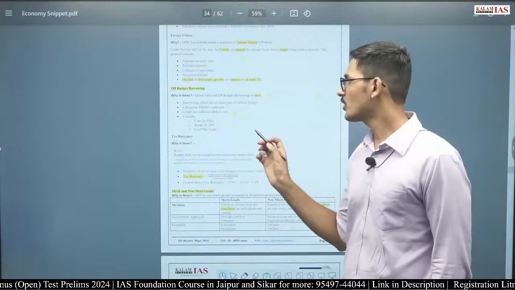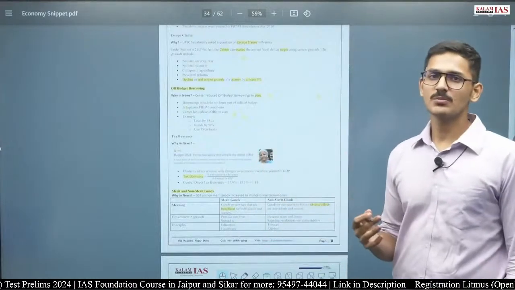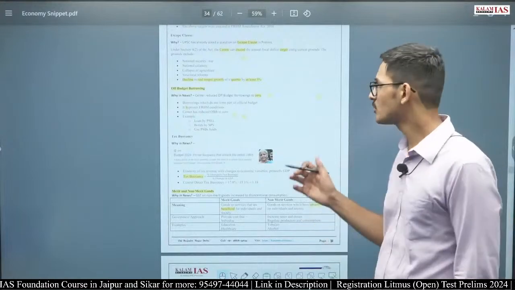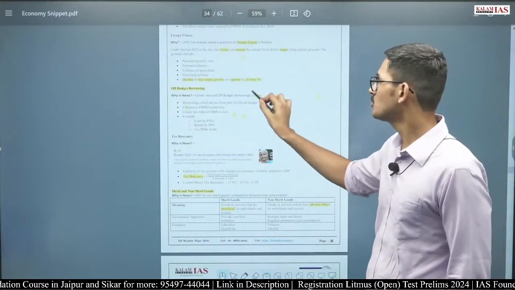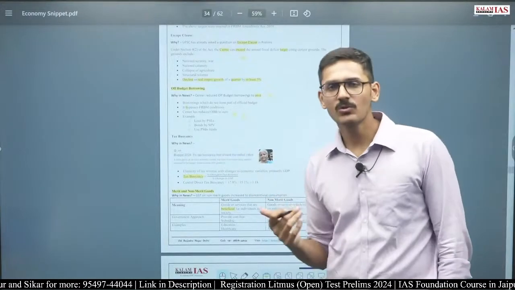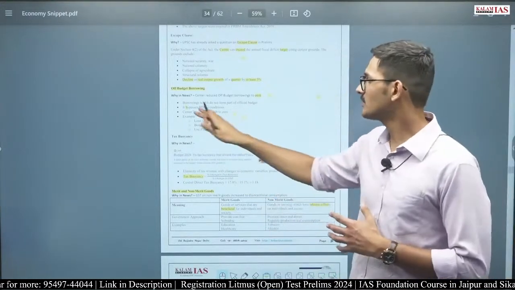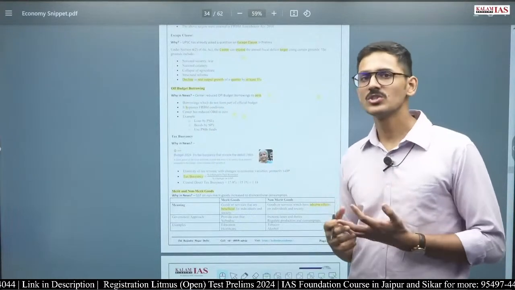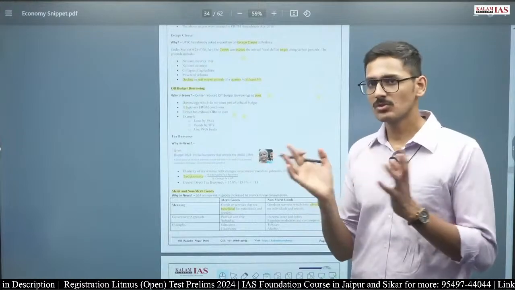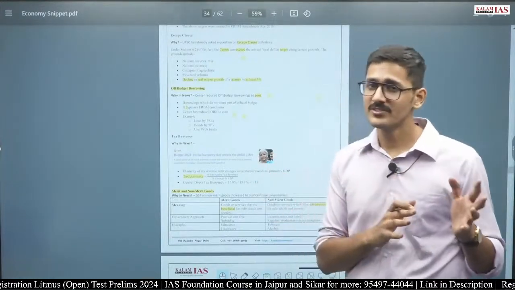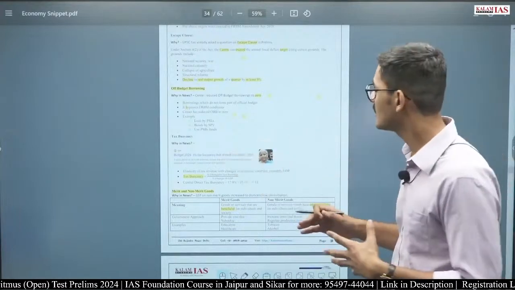So off-budget borrowing. The Centre has said that the off-budget borrowings, which were earlier very high, in thousands of rupees crore, have been brought down to zero. And why was off-budget borrowing looked down upon, why was it criticized? Because it bypasses the FRBM condition. The FRBM condition talks about debt to GDP ratio and fiscal deficit, but off-budget borrowings do not form part of the fiscal deficit figures, because they are not even reflected in the budget.